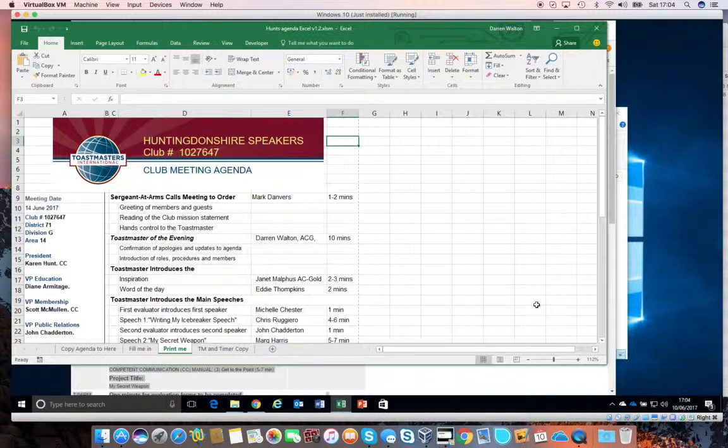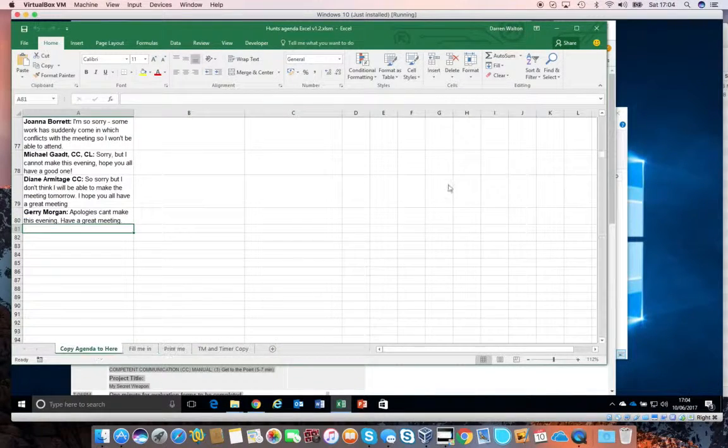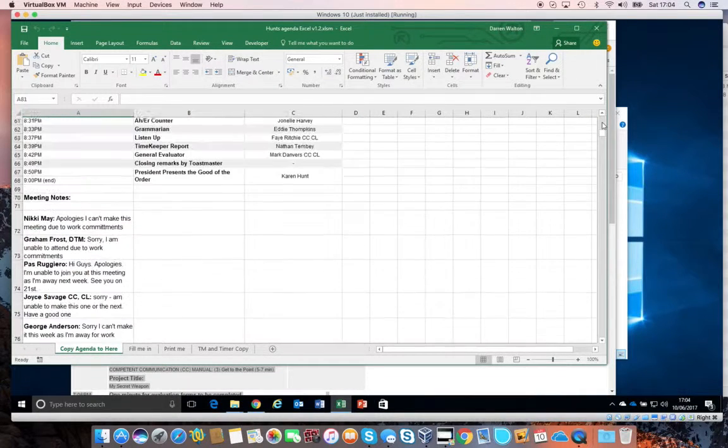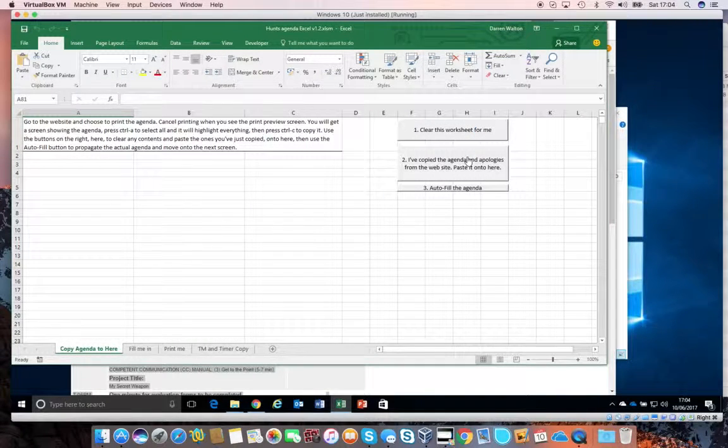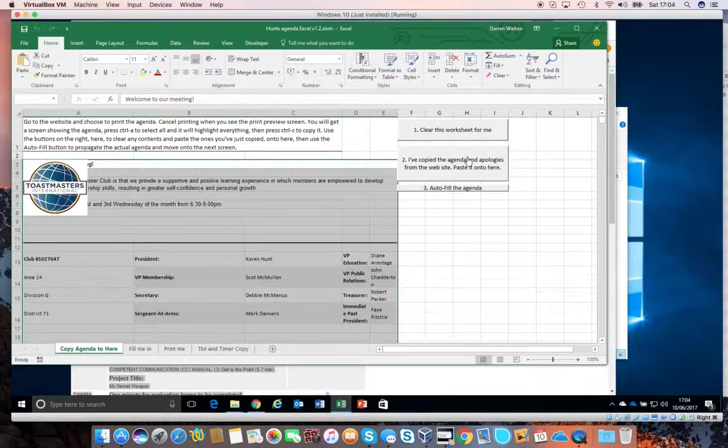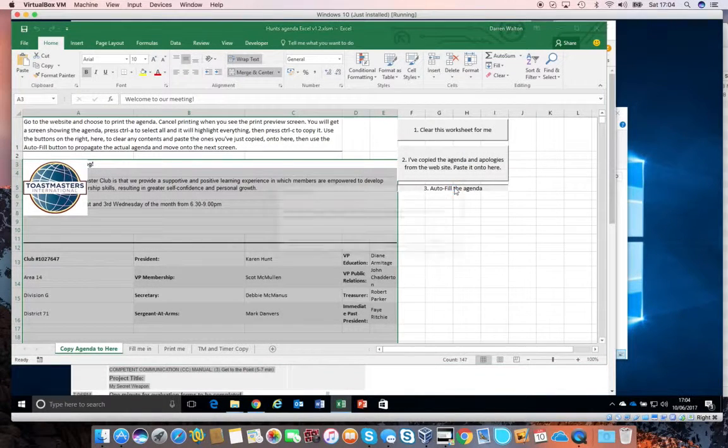As you can see, it's very quick to carry this out. Once you've actually got the idea of what's happening, you simply go to the website, choose to print the agenda, cancel it. Control-A to select all, Control-C to copy it, open the spreadsheet, use the buttons to fill the spreadsheet in, and that only takes a few seconds to do each. I can show you that again. Clear the worksheet, paste the details that I've copied, auto-fill the agenda, say yes to this,